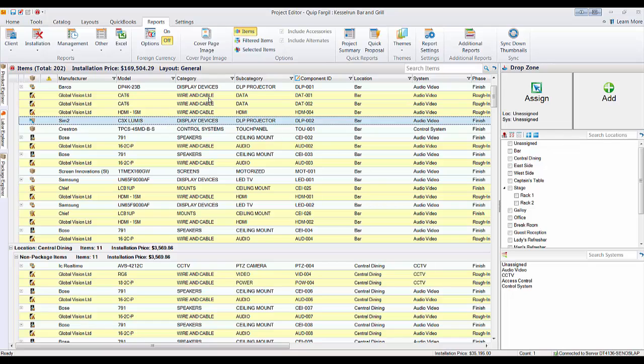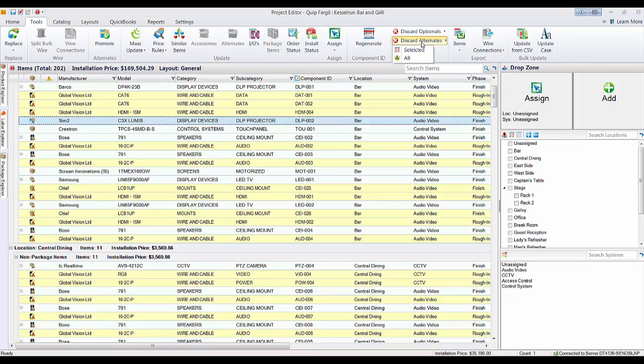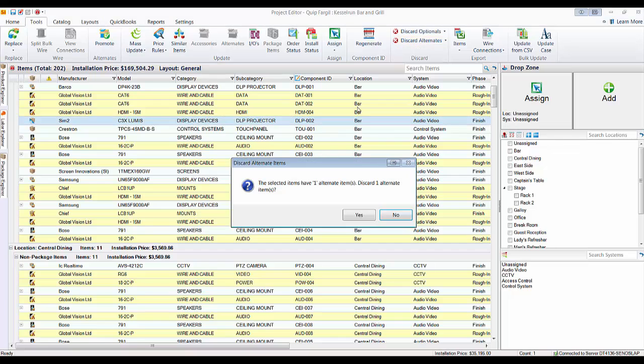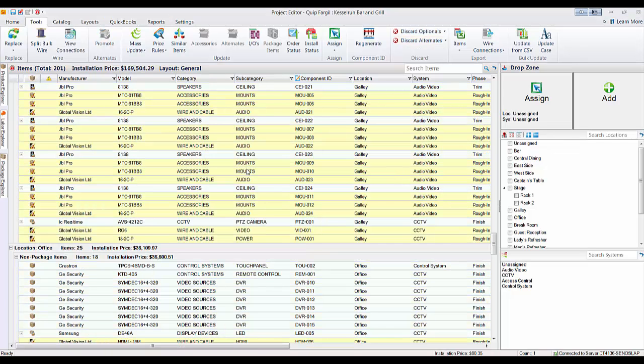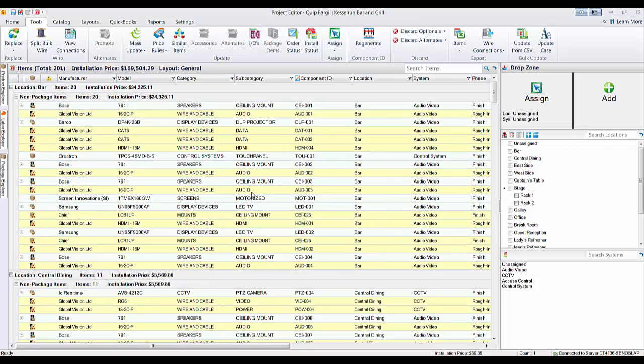Let's go ahead and discard this alternate here, and we'll move on to the next example, which is the ability to add the URL field to your reports inside of the report designer. So first things first, let's go to the report designer,